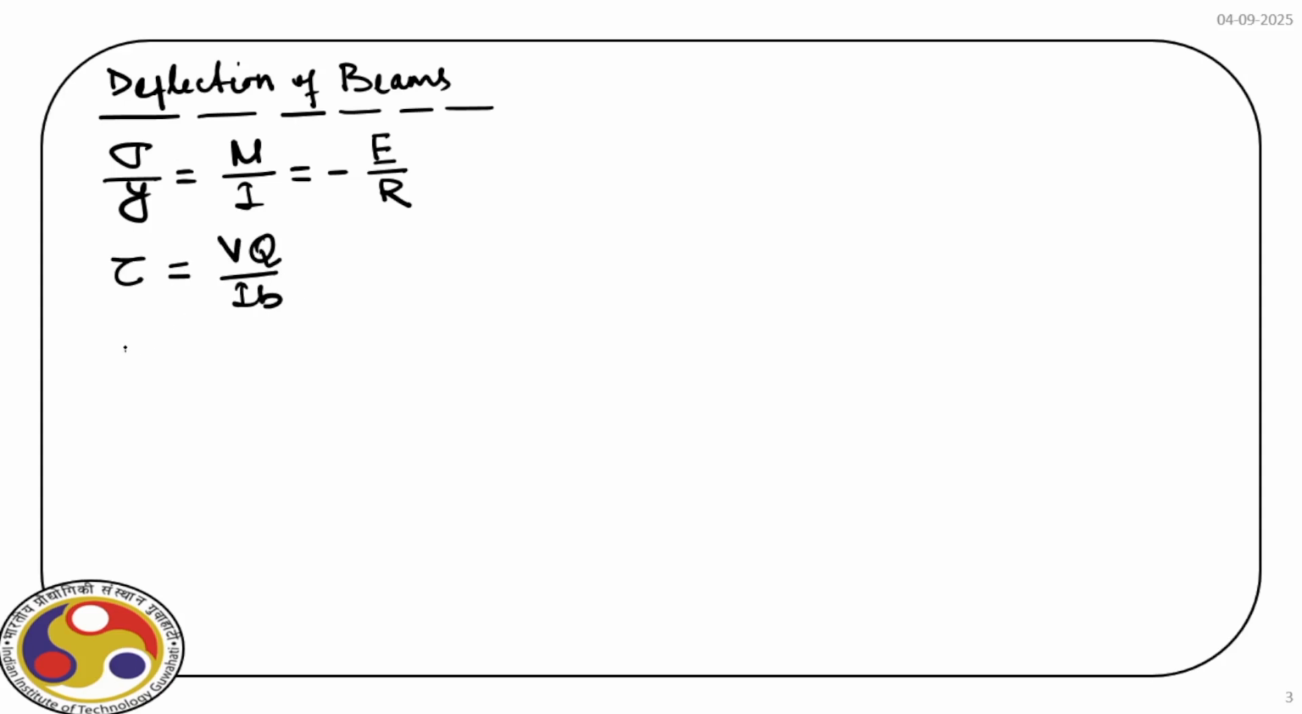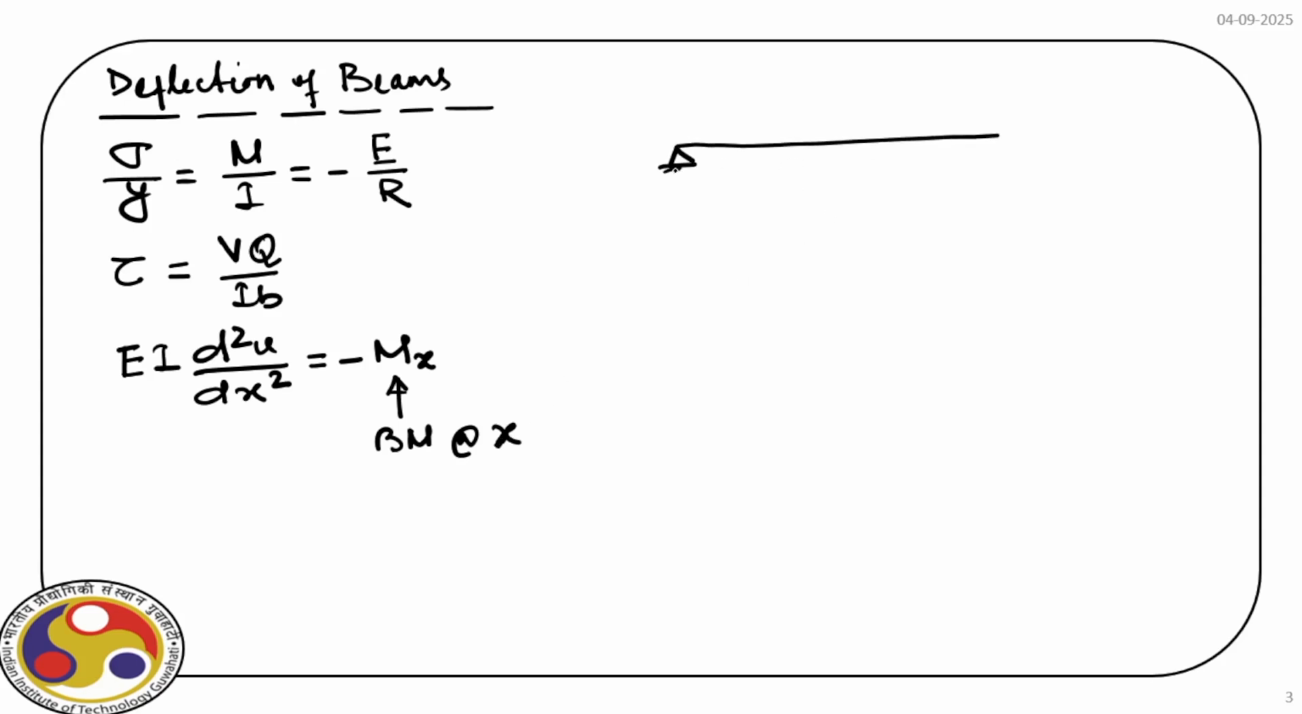We have also derived EI d2u dx2 is equal to minus Mx. This is the bending moment at the section x. Now this x normally we take from the left end of the structure. So if you recall, we